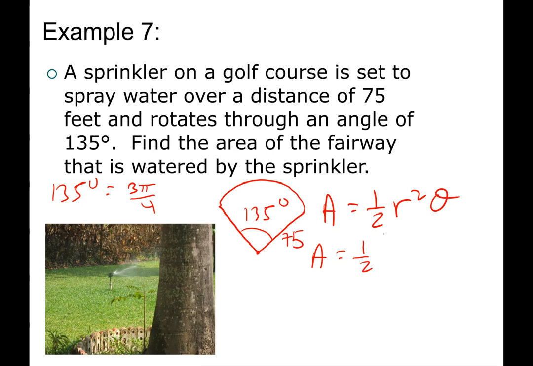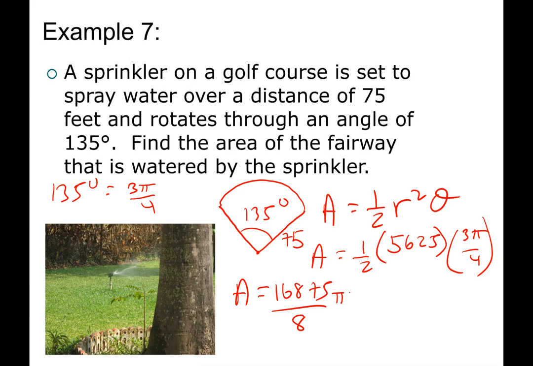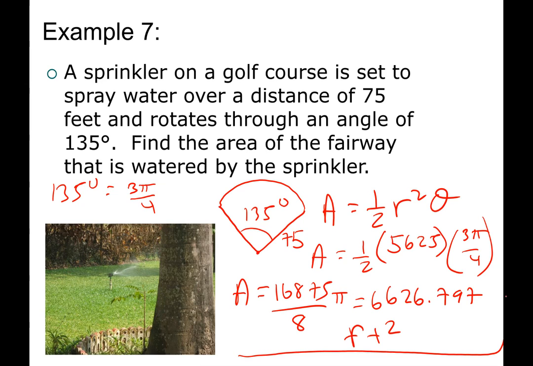So in this case, it's 1/2. If you square 75, you're going to get 5,625 times the angle, which is 3 pi over 4. If you multiply all the constant values, you're going to get 16875 over 8, and that's times pi. Not a great looking fraction, so fine to leave it, of course, but if you want to go ahead and round it, it would be 6626.797, rounded to 3 decimal places, and in this case, because it's part of an area, it would be square